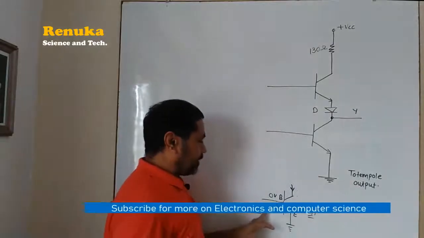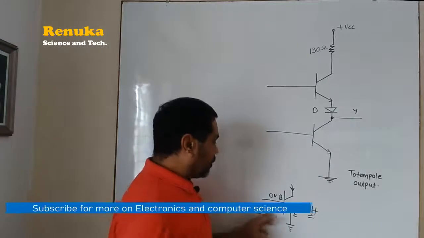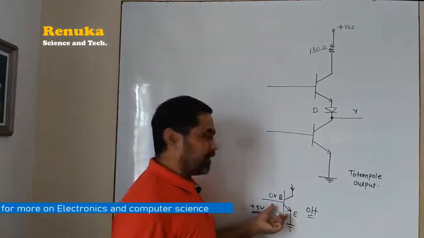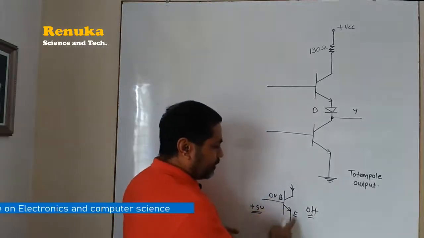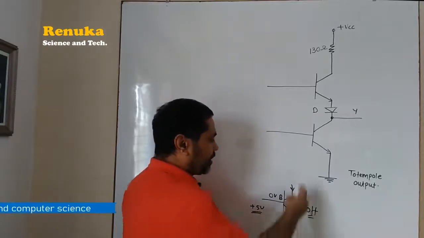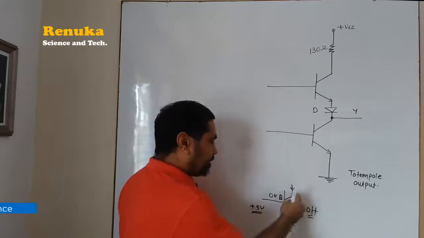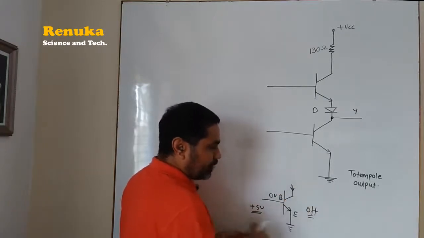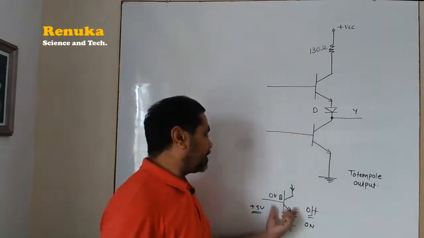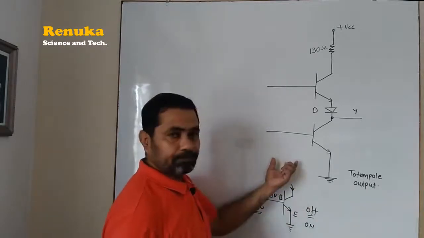Suppose the voltage from base to emitter is plus 5 volt. This voltage is more than 0.7 volt, so the diode between base and emitter will be forward biased, and current will start flowing through it; the diode will be on. Obviously, the current from collector to emitter will also start flowing. So we can say this transistor is conducting. That is why this transistor works as an on switch. So the transistor is on in this case. These two properties are actually used here.